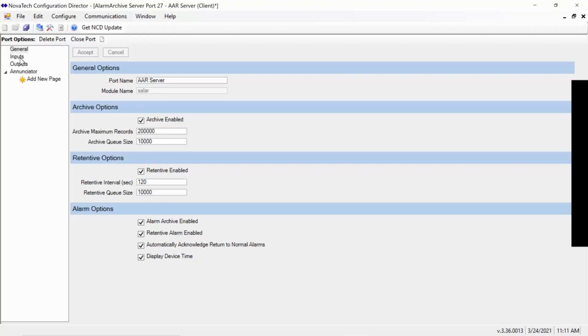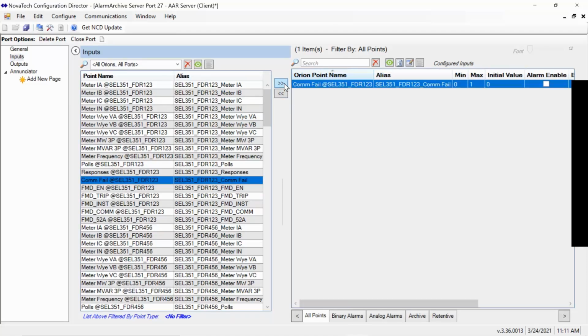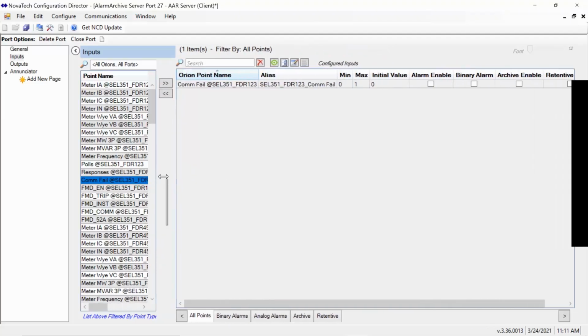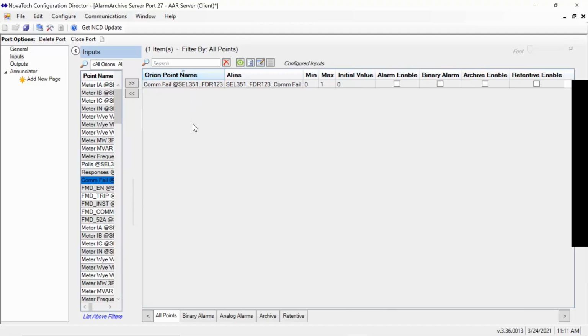Now I'm going to go ahead in my navigation area and go down to my inputs tab. So notice here on the right-hand side, I'm going to start by just mapping in one binary and one analog point. So let's go ahead and take the COM fail from our feeder 123 SCL51. So I'll map that point in. That's a binary point. So notice whenever you map one point in, you have a few different options to select from. You have the point name, you have the aliasing, again, the description that we